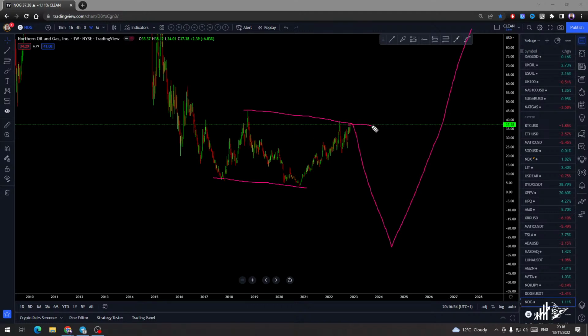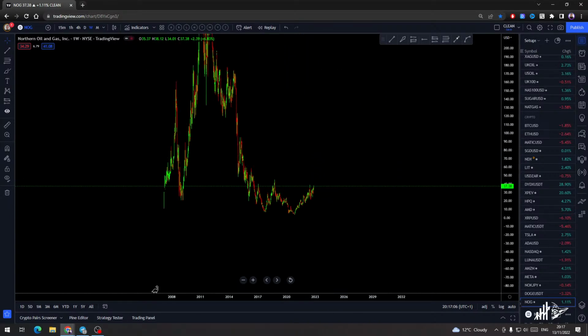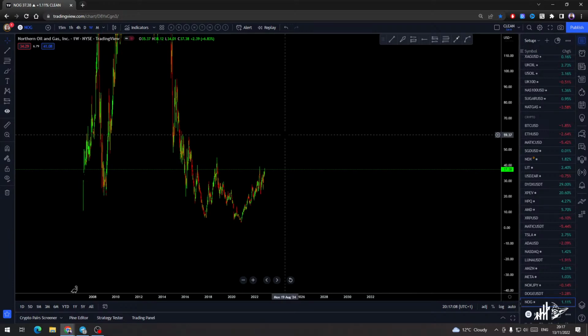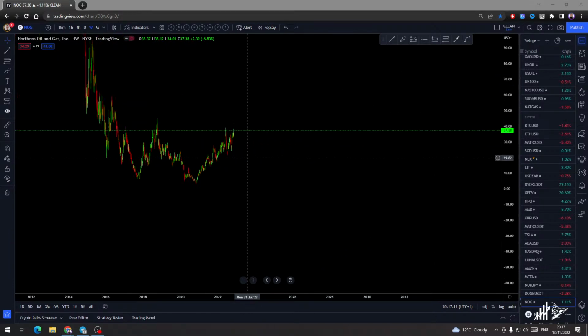Buying there, not making any sense. If it makes the flat, then yes, you can buy, at least breaking this top, and then you will take profit because it's going to go lower. Okay, so hope you understand my analysis. Okay, that could happen very fast, so very important. You start selling.